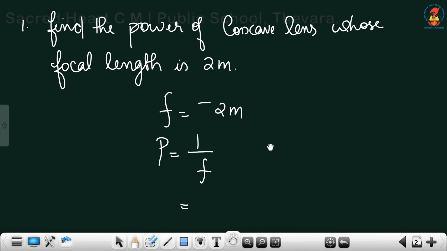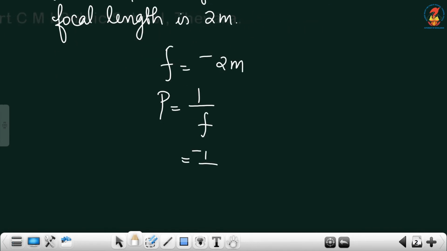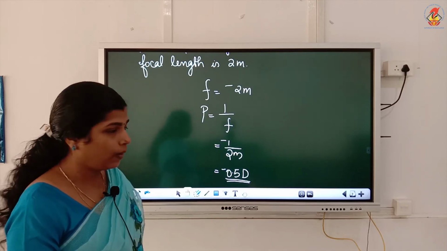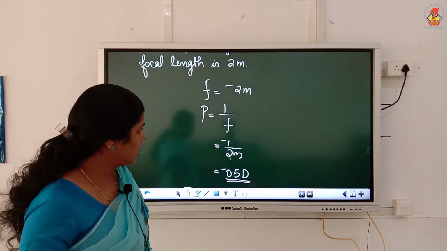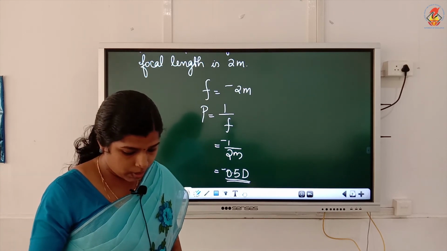That is equal to 1 by 2 minus 1 by 2 meter. Minus 1 by 2 meter, that is minus 0.5 diopter. Okay, minus 0.5 diopter. That is the answer. Okay. Then next question is,